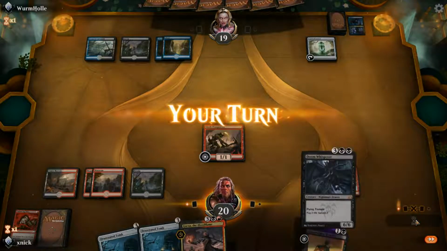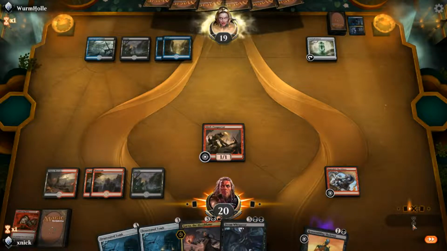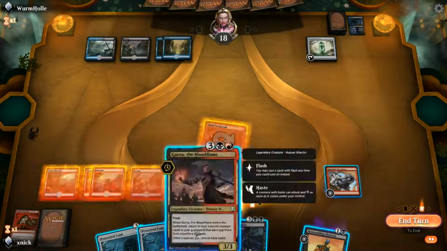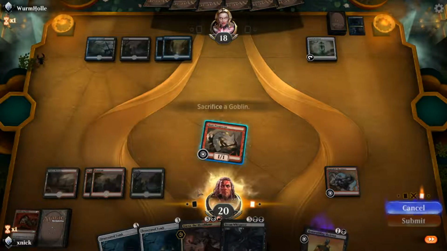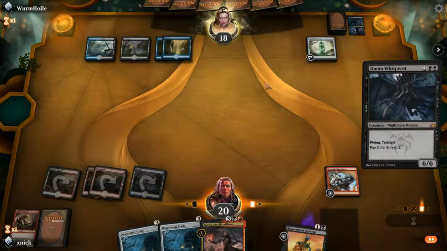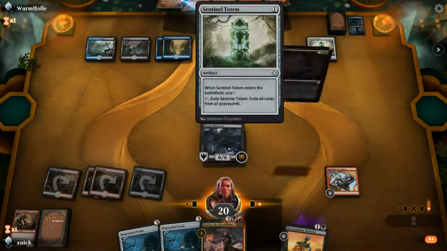My turn. Still not much. Let's attack again. Well, I could try to play the Doom Whisperer now. Haha, look at this 6/6 flyer. It's not going to resolve, is it? Oh, he did resolve. Maybe the opponent now wants to...